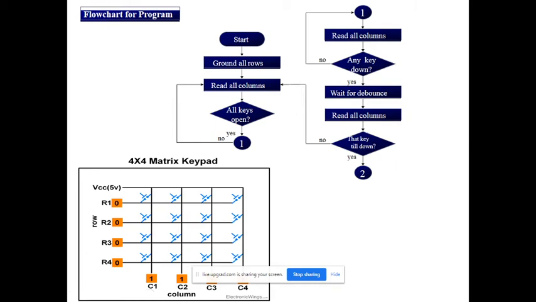Okay, first we are checking the keypad in the first stage, that is, whether the keypad is okay or not, which means verifying the keypad. Then the next task, we identify whether any key got pressed or not. We are reading all columns and checking whether all columns are not equal to all 4 ones. Suppose all are ones, we declare that no key got pressed. When any column becomes 0, we declare that one of the keys got pressed.